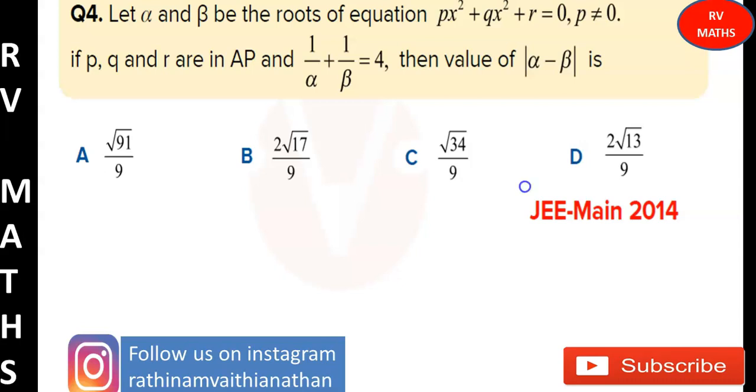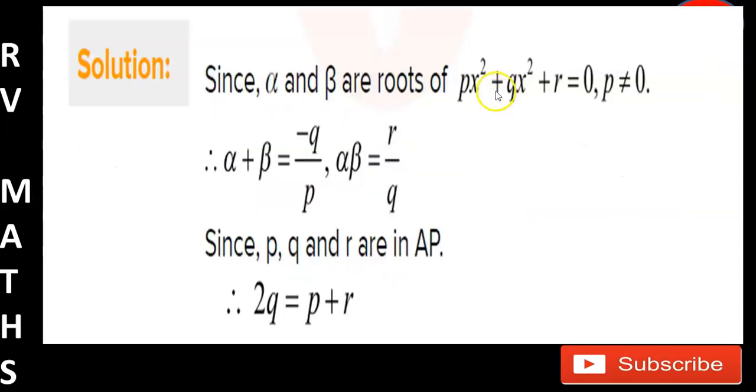When we try this problem, alpha and beta are the roots of the equation, so the sum of the roots, alpha plus beta, is minus b by a. In the place of b you have q, and in the place of a you have p. Similarly, alpha into beta is c by a. The value of c is r and the value of a is p. Since p, q, r are in AP,